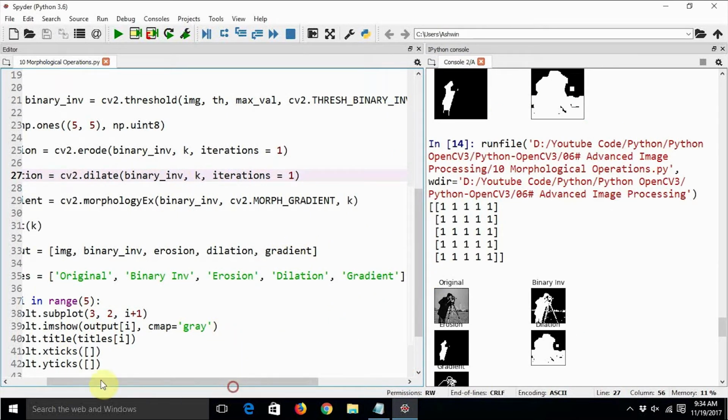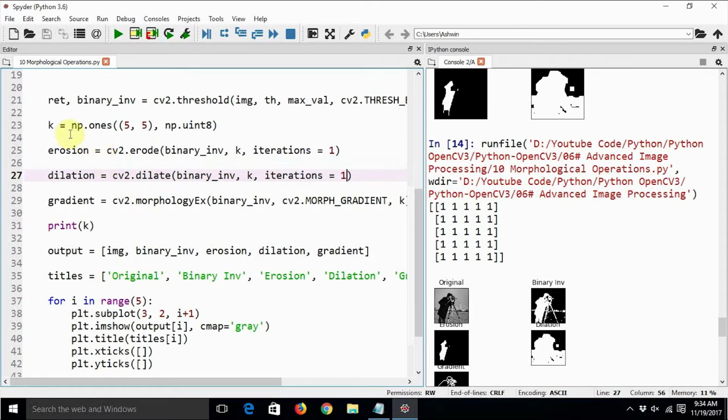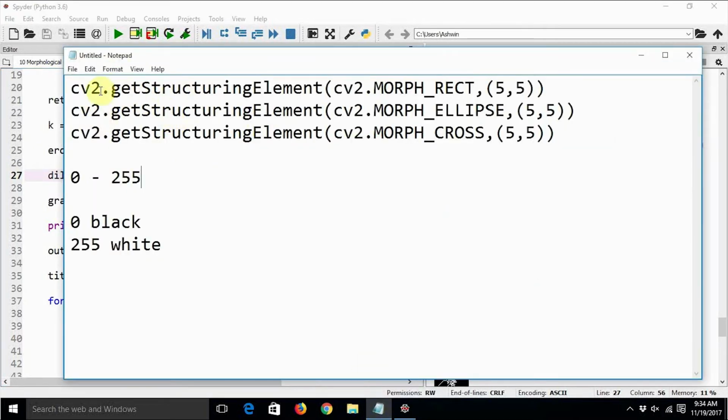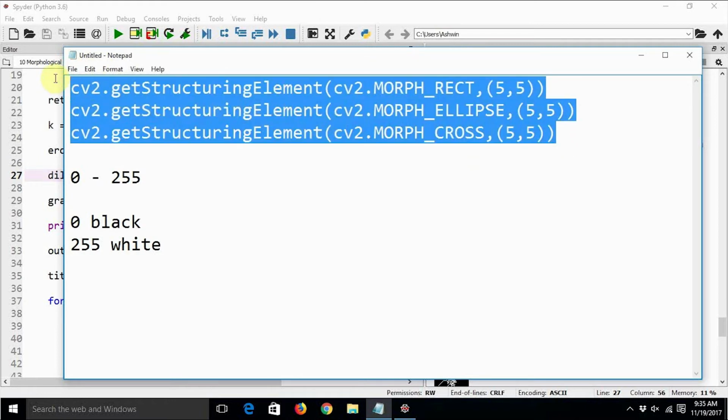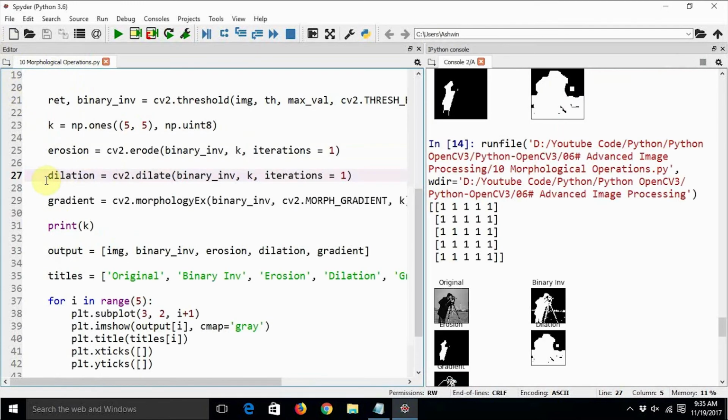Also, here we are defining the kernel like this with np.ones. There are various methods with which we can define the kernel. So there is a function known as getStructuringElement. When I was explaining what black and white images really are, you must have wondered about these 3 lines of code. I had actually copied them deliberately so that I really don't have to look for them on the internet once we get started with the coding exercise. So I can just go ahead and copy these things and we will use these one by one as kernels.